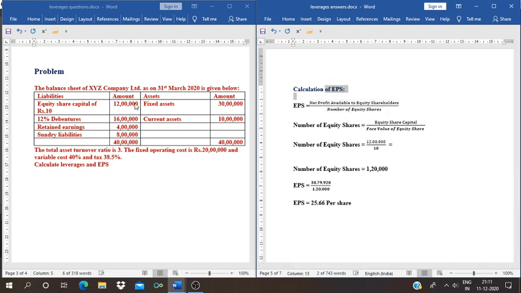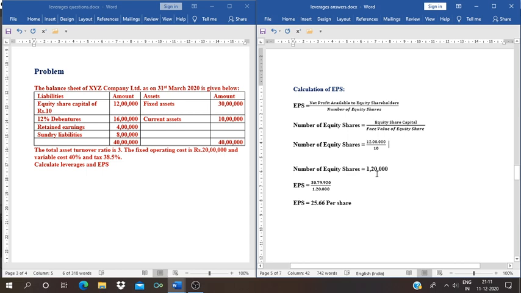Now, the number of equity shares is not given in the problem. So, first we have to calculate the number of equity shares. The formula for that is equity share capital divided by face value of equity share. Equity share capital in the balance sheet, liability side, is given as 12 lakh. 12 lakh divided by the face value, equity share capital of rupees 10. Now the number of equity shares is equal to 12 lakh divided by 10, which means 1 lakh 20,000